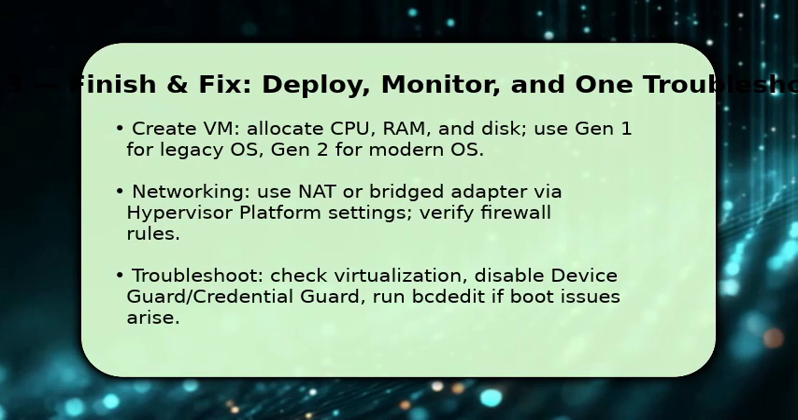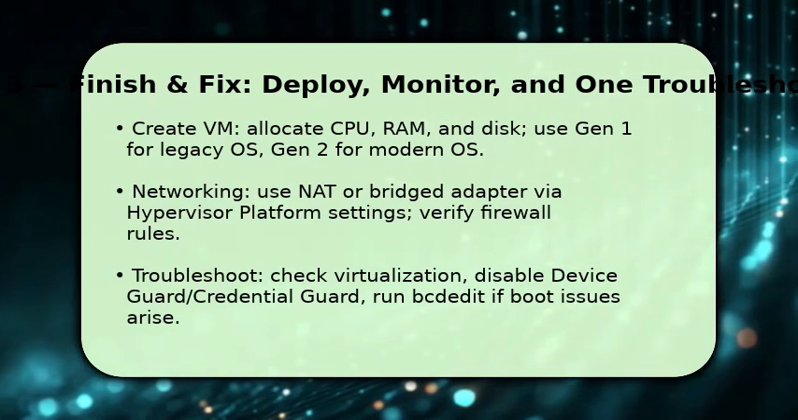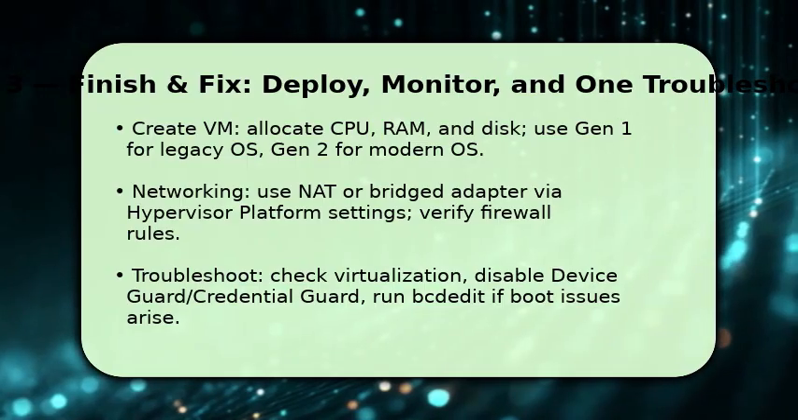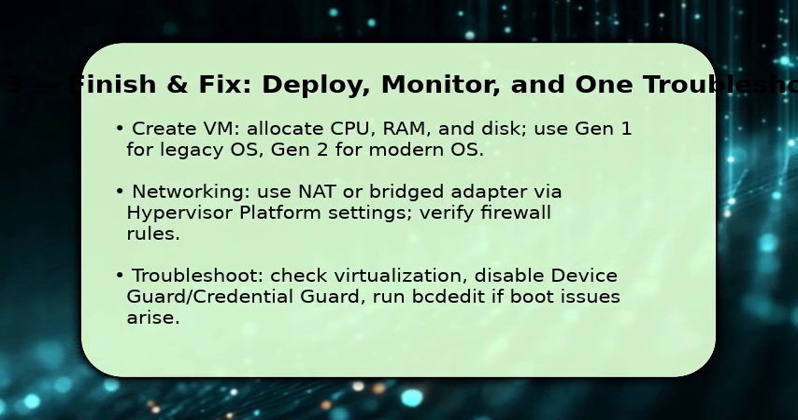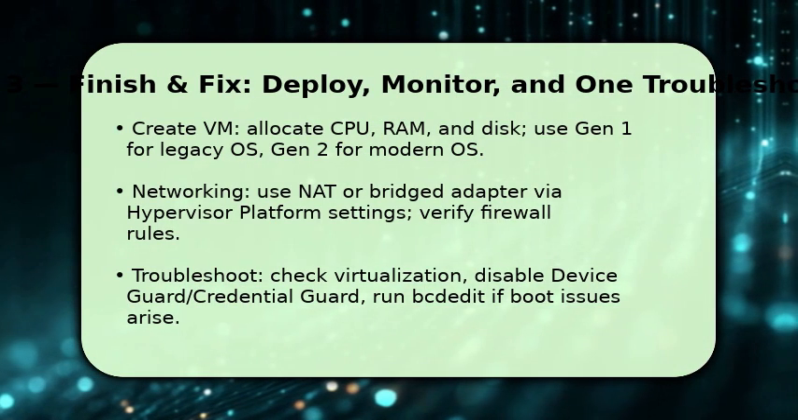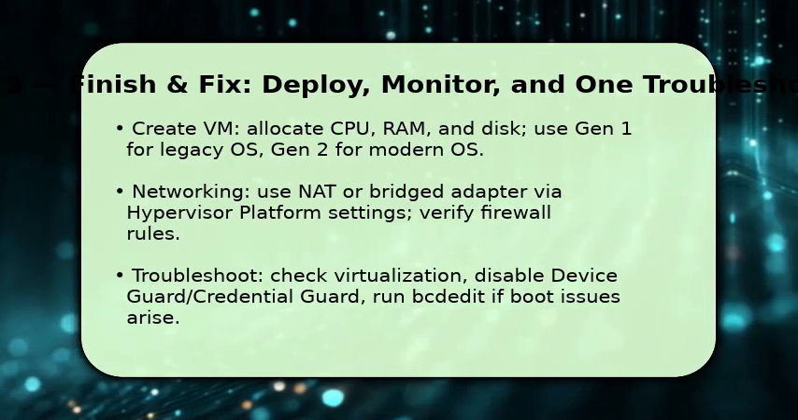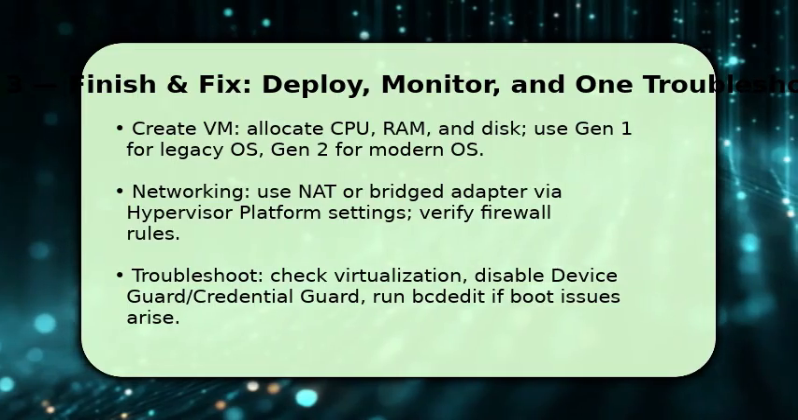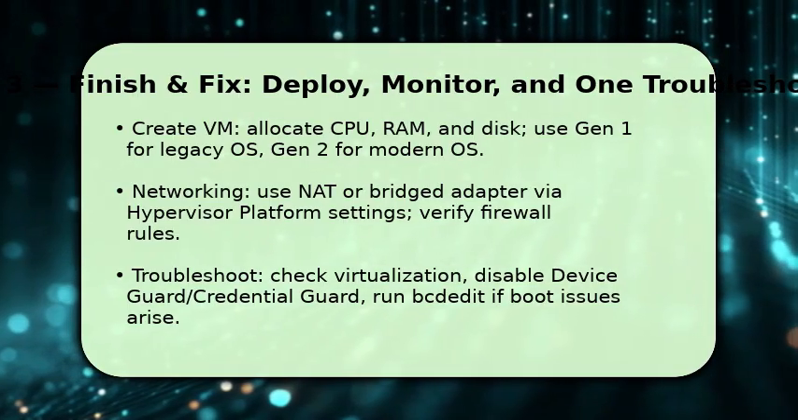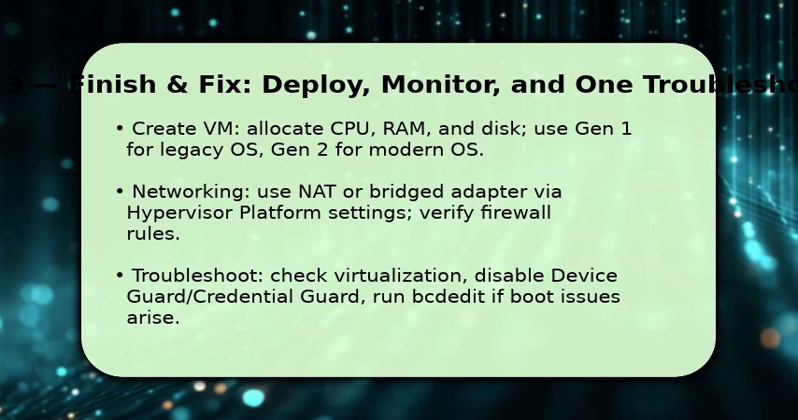To finish, create your VM. Open your manager, create a virtual machine, and assign CPU cores, RAM, and a virtual disk. Choose Generation 1 for older OS or Generation 2 for newer. Configure networking. Use NAT for isolation or bridged networking for LAN access, and attach an ISO to install the guest